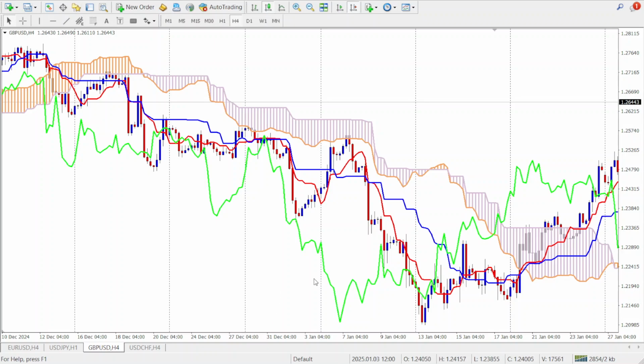The Chikou span, which is this green line, or lagging line, is an excellent tool for confirming trends. After identifying a potential trend direction with the cloud and the Tenkan Sen and Kijun Sen crossovers, you can use the Chikou span to confirm the trend. Now, if the Chikou span is above the price,